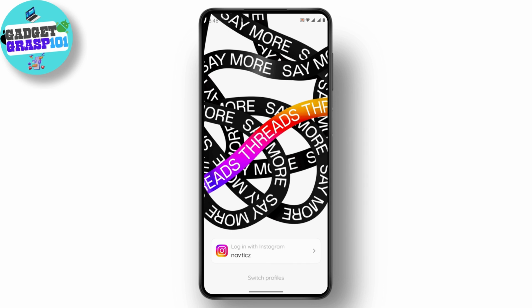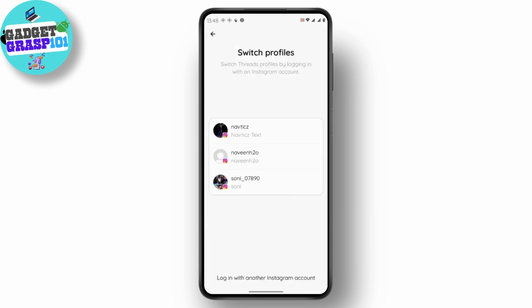But if you can't find your Instagram profile or your Instagram account, now what you have to do is just simply tap on switch profile, which is on the bottom, and after tapping on switch profile, now you'll find a number of accounts that are logged in on your device. So you can just simply go ahead and choose an account, and after choosing that account, now you'll successfully